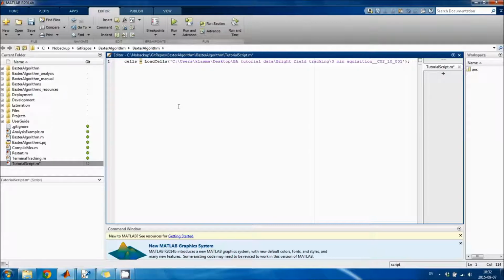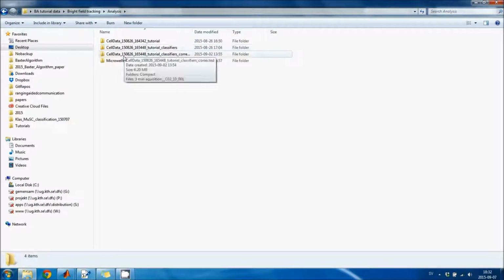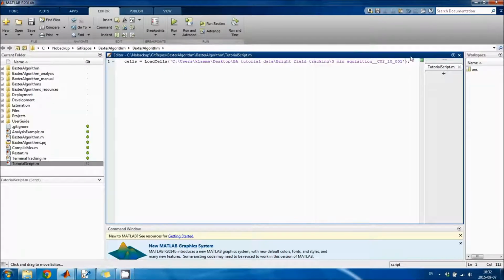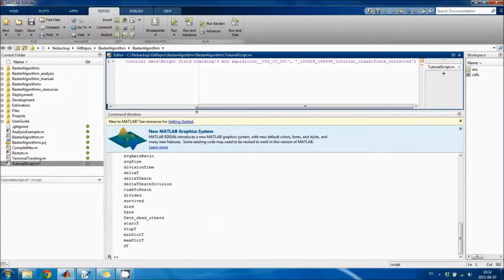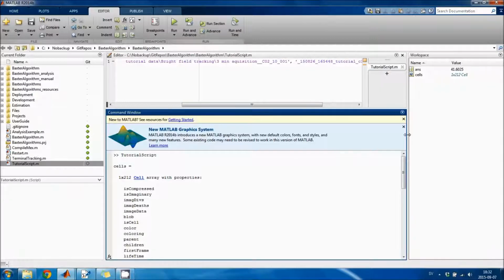And then the image sequence name, and then I need to give this tracking label or result label as a second input argument. So now if I run this, I've loaded a variable with 212 cells into the workspace,